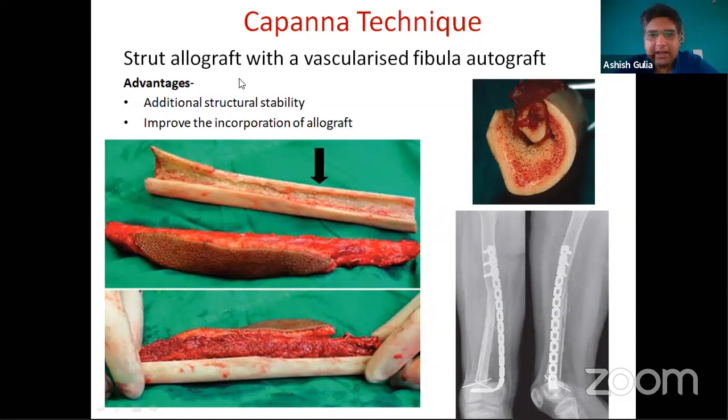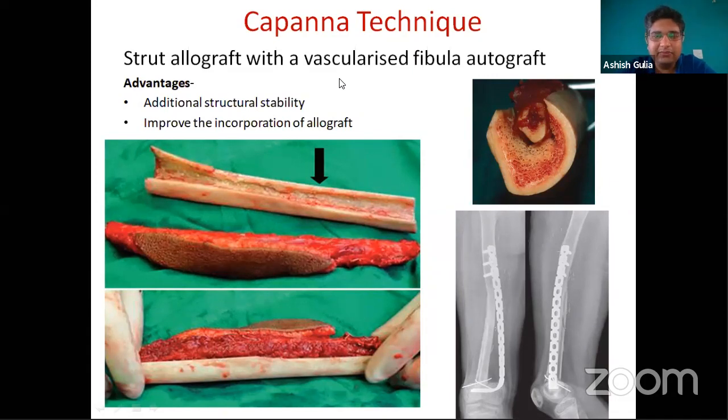Great, Dr. Panchwag. And yeah, in TMH also we do the same thing. We have two teams, the plastic surgery team and the resecting team. Usually we take the fibula from the opposite side because it's easier to operate. And Dr. Panchwag has very beautifully explained the Capanna techniques and fine tips for the surgeons how to do it